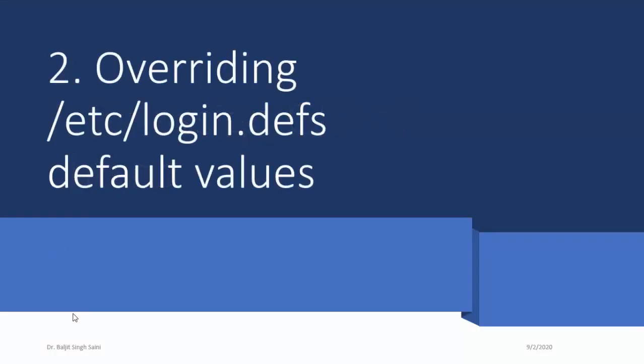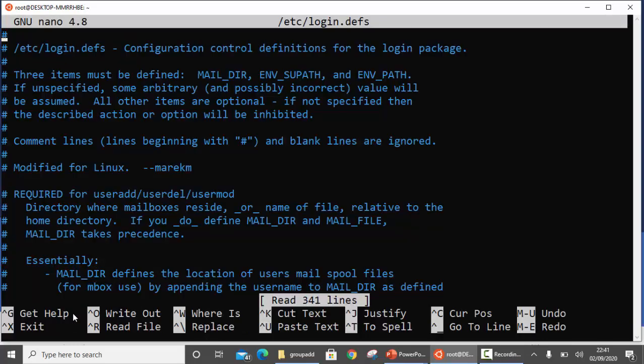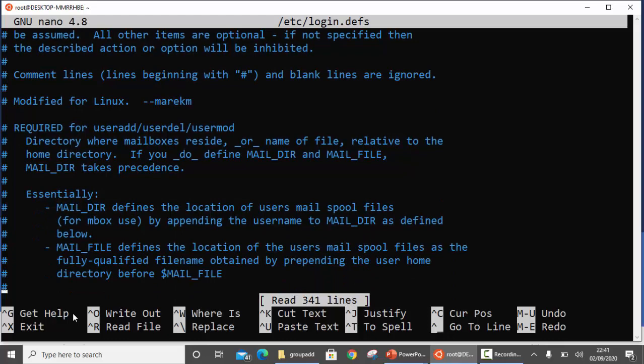The second option is how to overwrite the default values which are there in the /etc/login.defs file. The option is -K. Now let us see what is there in that file. So nano /etc/login.defs. Alright, if you go through this, it's a self-explanatory file.